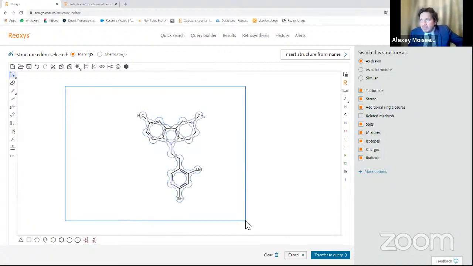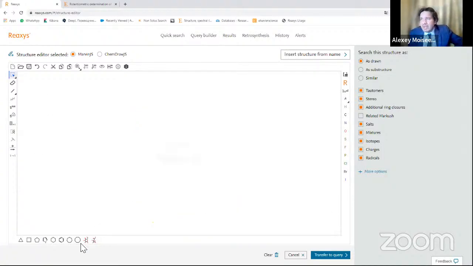Also, you are able not only to draw chemical substances, but also chemical reactions. Like in school, you can place here chemical reagents, plus here plus, and draw the arrow. And you are able to find all chemical reactions with these reagents.